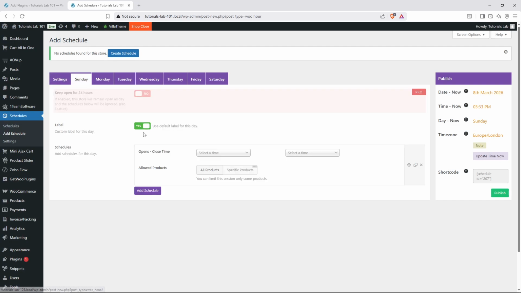Under the Schedules tab, click on Create Schedule. You'll be presented with the days of the week where you can input your opening and closing times for each day. Click on each individual day of the week and set your open and close times using the drop-down menus provided. This allows you to customize your hours based on your actual business availability. Once you've configured the times for all the days, click on Publish to save and apply your settings. And that's it. Your WooCommerce